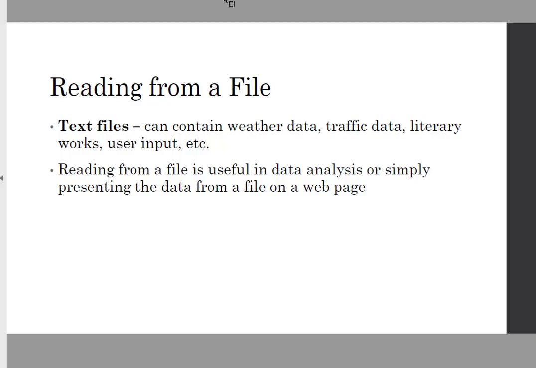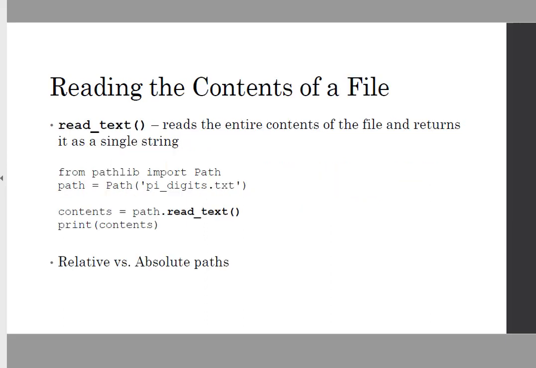Text files can contain valuable information such as weather data, traffic data, literary works, user input, and the list can go on. So reading from a file is useful in data analysis or simply presenting the data from a file on a web page. So how do we read contents of a file? We use the read_text method, and this reads the entire contents of the file and returns it as a single string. So we're going to work with a text file called